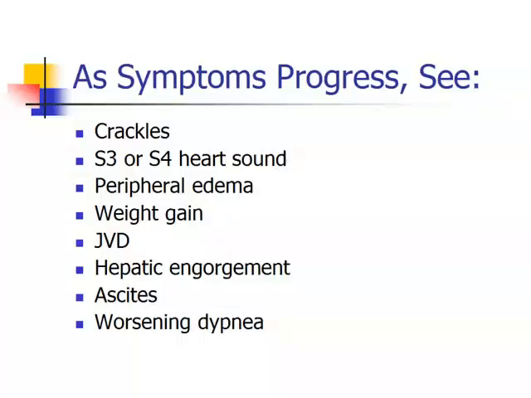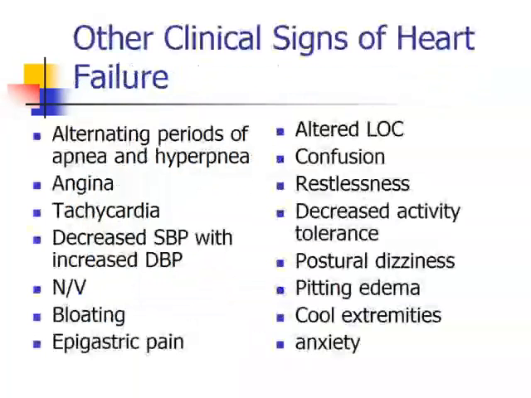They'll have peripheral edema, weight gain, jugular vein distension, hepatic engorgement over the liver, ascites, which is another symptom of hepatic engorgement, and the dyspnea will keep getting worse. Other signs and symptoms of failure are alternating periods of apnea with hyperpnea, angina, tachypnea, decreased systolic blood pressure with increased diastolic blood pressure, nausea, vomiting, bloating, epigastric pain, altered level of